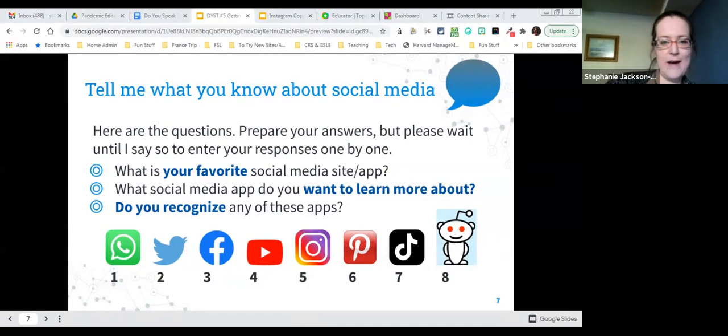Now here, we're going to play a little game. Let's see if you can recognize any of these apps. I'm going to name an app and just type in the number of which one you think this is. You can see the little app icons with the numbers underneath. So let's start with an easy one. Which one's Facebook? Yay, sweet. Your students might actually have a difficult time with that one because apparently it's for old people. So yeah, I age myself there saying that's my favorite.